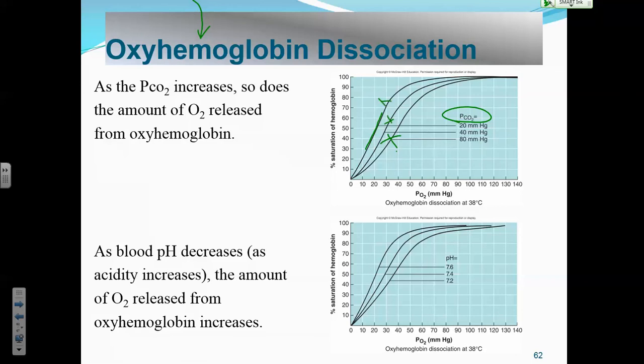Okay. You won't have to analyze these. This is one of the trickier things in this chapter, these dissociation curves. In your respiratory units down the road, you may look at these in other classes a lot more. Here, this second one is showing how the blood pH change affects the release of oxygen from the hemoglobin.